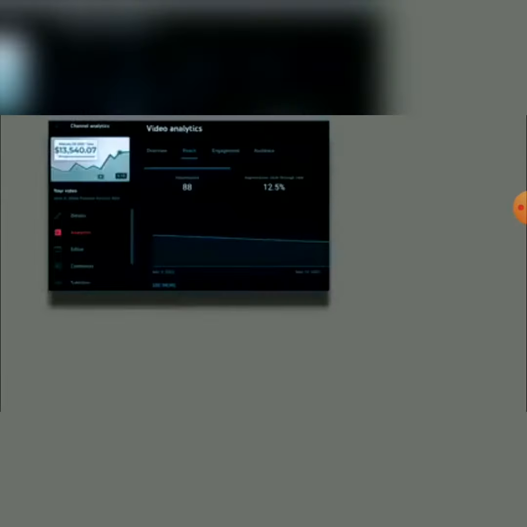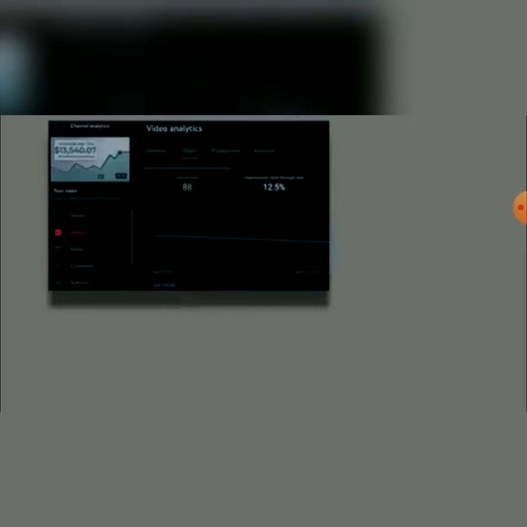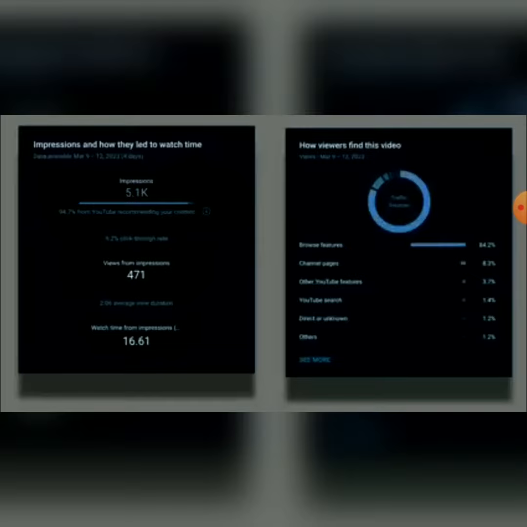The first 48 hours, the click-through rate for the video was 12.5% with just 88 impressions and an average view duration of 3 minutes and 56 seconds, 75% of the video length. The third day was where the impressions increased to 5,000 and a click-through rate hovering around 9.2% with the average view duration normalizing at 2 minutes or 40% of total video time.